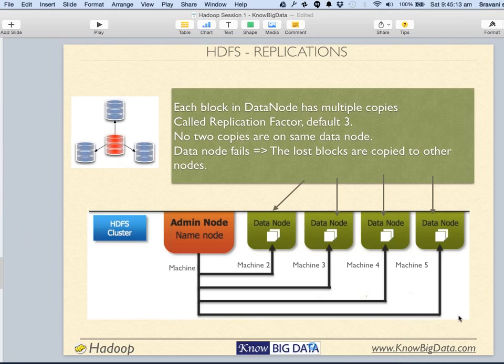Is it possible to call all the nodes simultaneously? Yes. In case you want all the parts parallelly, say you are trying to watch a movie and you want all the parts immediately from all the machines parallelly, you can do that. That's partly the reason why the data is distributed.